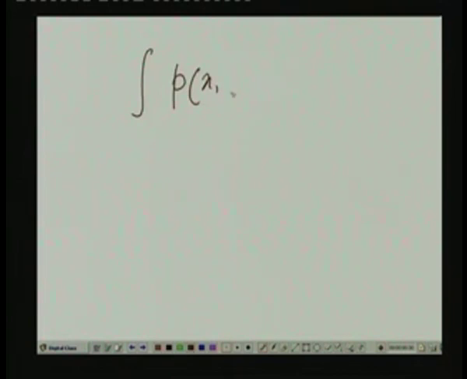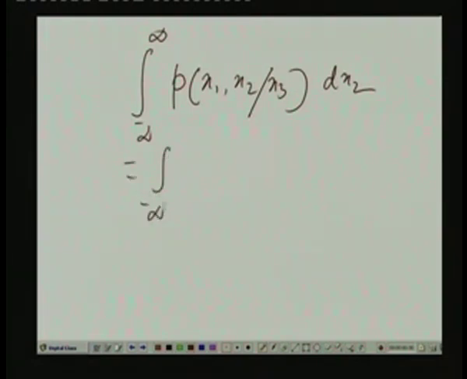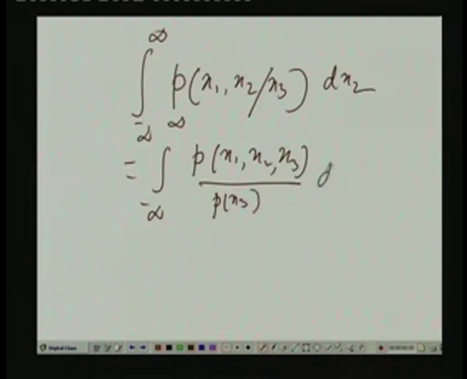This is given and you are integrating it with respect to x2 from minus infinity to infinity. What do you get? Well, we can always write it like this. And then this we can write as